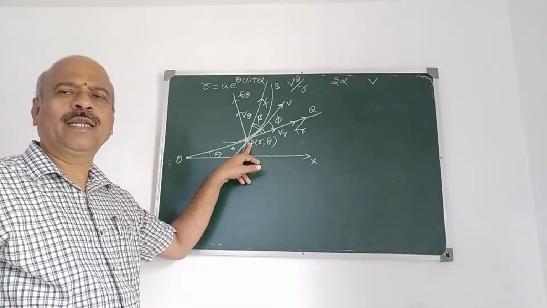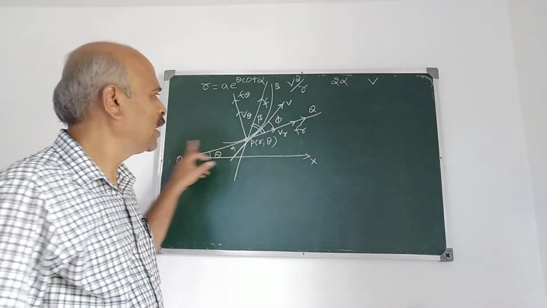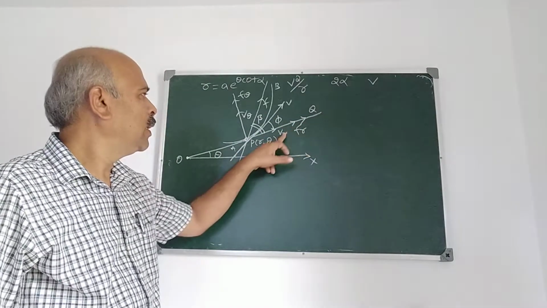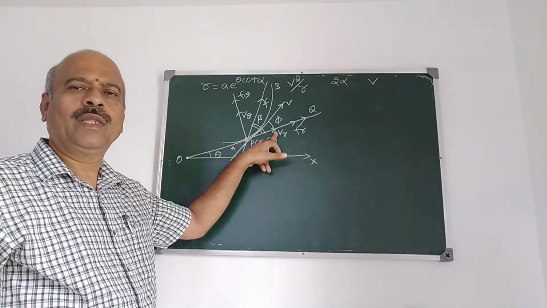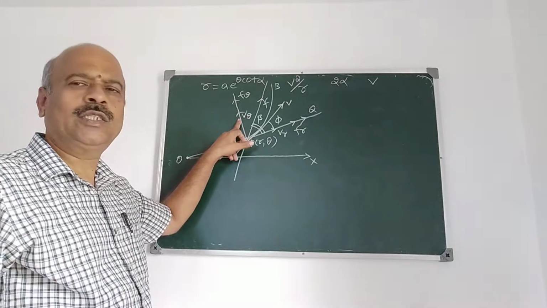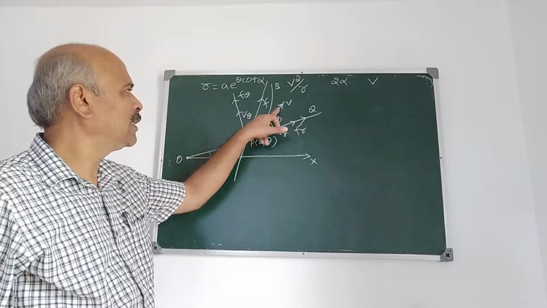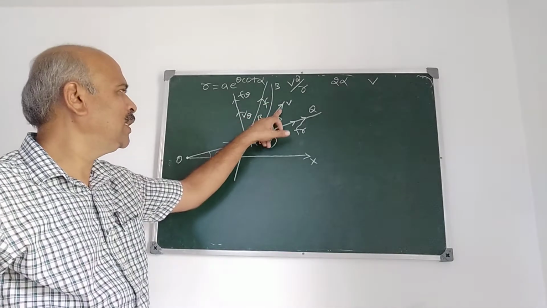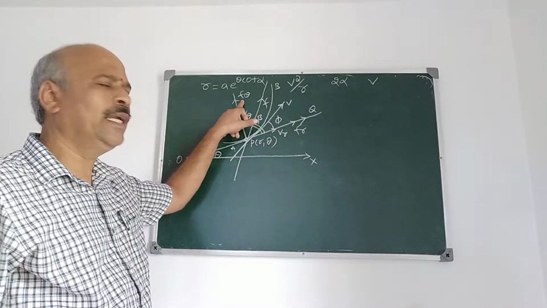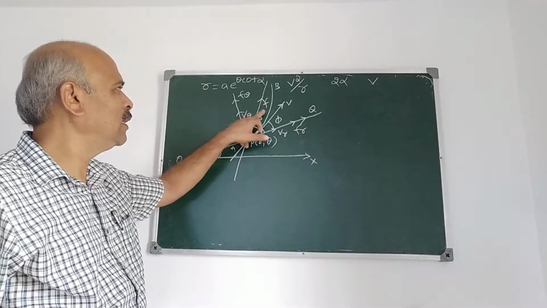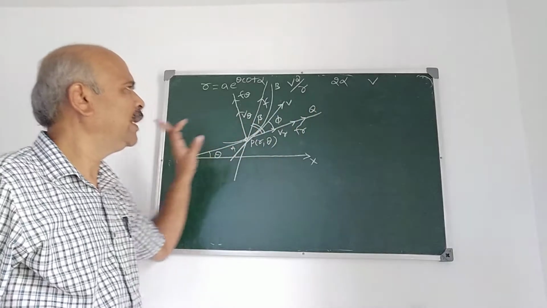Suppose P be the position of the particle at the time interval t, and OP is the radius vector. We have extended OP to Q. Now Vr is the radial velocity, because radial velocity is along the radius vector. V theta is transverse velocity, it is along a line perpendicular to the radius vector. V is the direction of the velocity, resultant velocity, it makes an angle phi, and Fr or F theta are radial and transverse acceleration, and the direction of acceleration makes an angle beta with the radius vector.